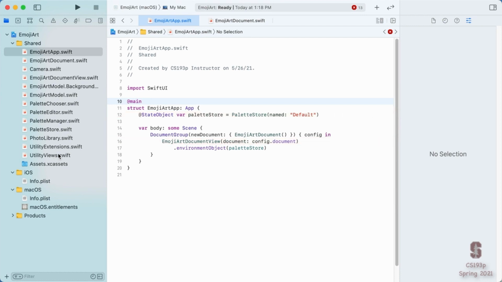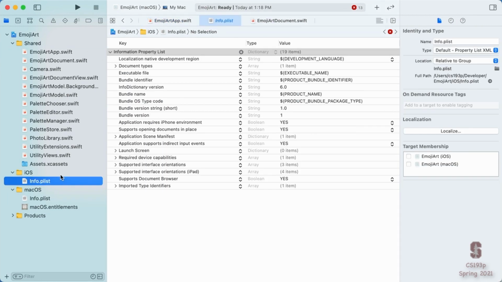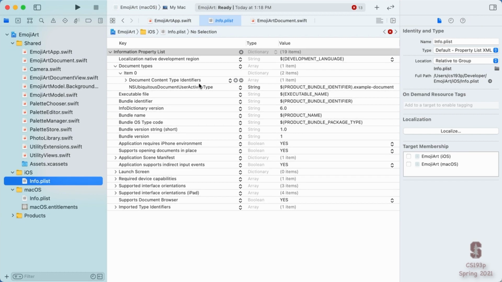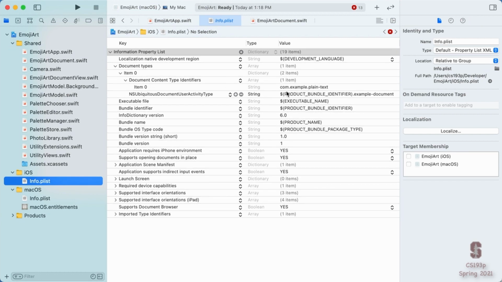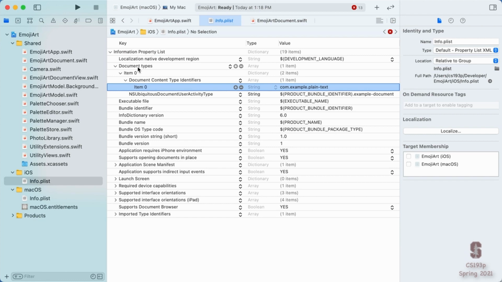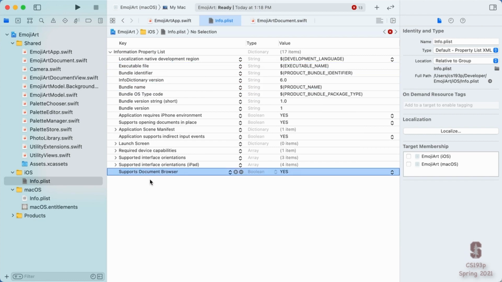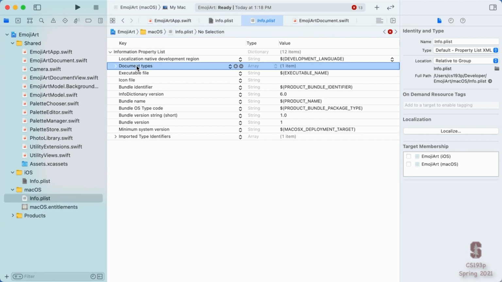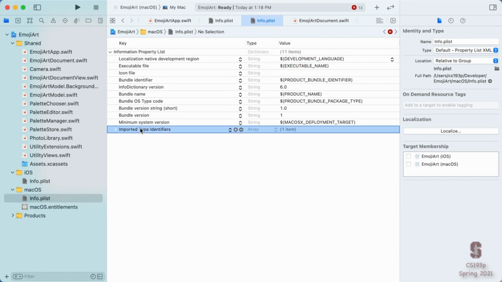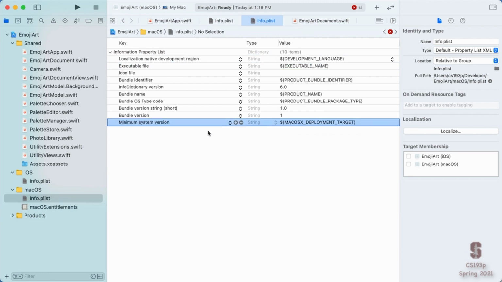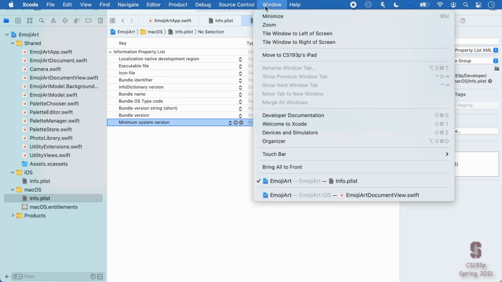And the last thing I want to make sure I do when I'm copying over is the info plist stuff. Now, when we did that template, we got this little default document types here, which is plain text, opening of plain text. So I don't want any of that. I'll delete that. My imported type identifiers, don't want that. And this doesn't have any exported ones, so that's good. And that's for both platforms. Get rid of this document type there, imported type identifier there. Instead, we want the one from our version over here.